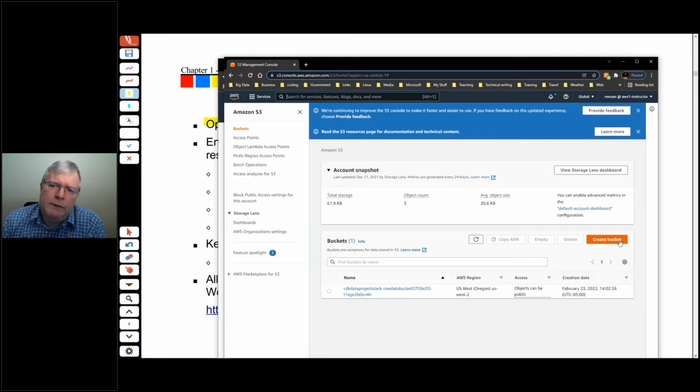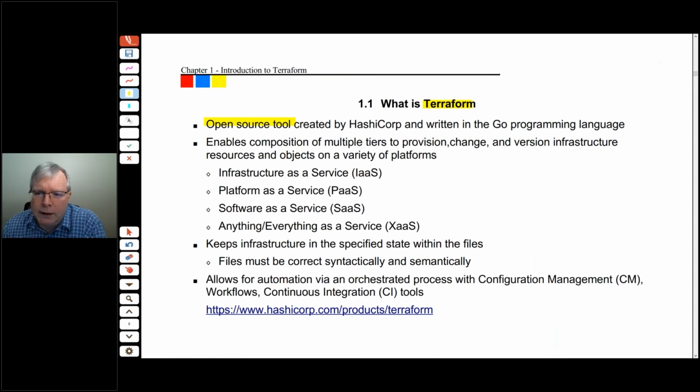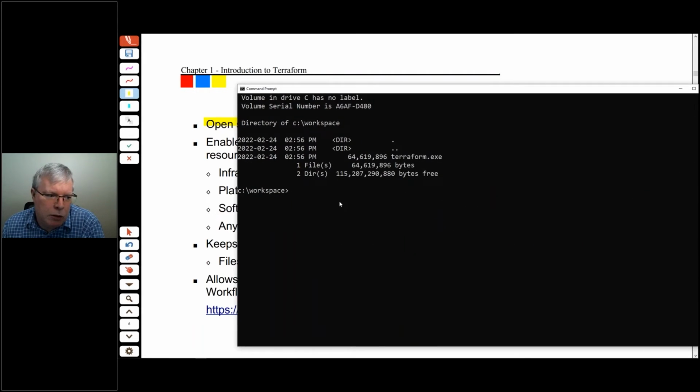So what Terraform is all about is about coming up with an efficient way to deploy this kind of information, like setting up a bucket, but making it easier for us to do so. We still need to have an account, we still need to have other things, but now I can start to use the AWS CLI, so AWS